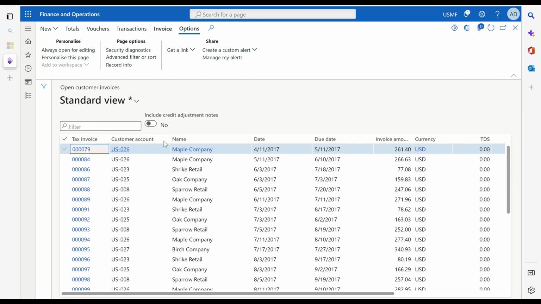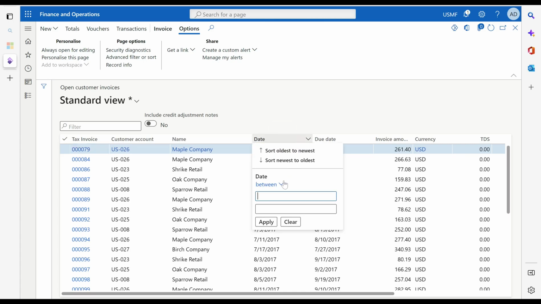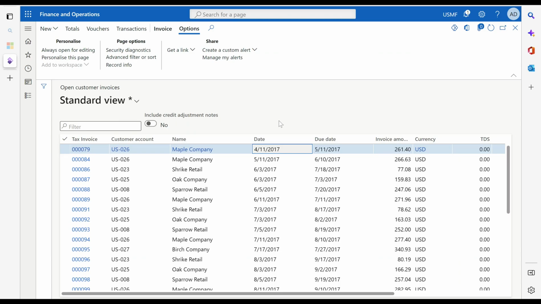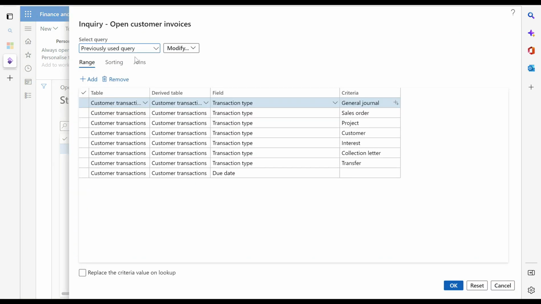Okay, so let's learn some interesting ones. For example, if I want to see what is due for a given period of time, I think most of the people use this thing called in between. And if I want to see what is due for the last 30 days, I have to figure out the dates. So the best way of doing it is you go to advanced filter option again here,